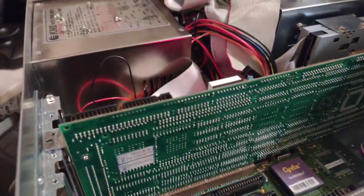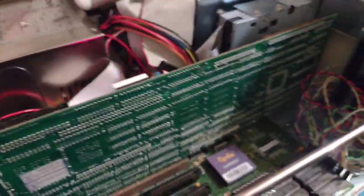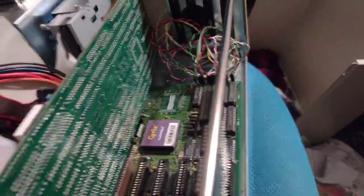But yeah, when I turn it on, I get the KITT light, the Knight Rider scanner, flashing of doom, and nothing. No posts, no beeps, no nothing. So I was trying to figure out if there's a short somewhere